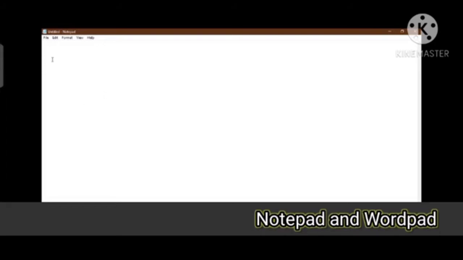Now this is your work area. Whatever you will type, you can type it over here. So that is your work area. But if you want to start with a new project, then click on the file and then click on the new, and a new file will open. So then you can start writing from over there.